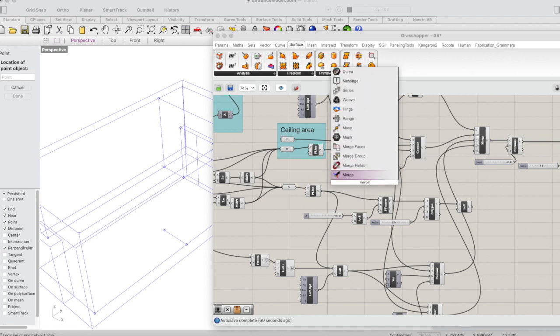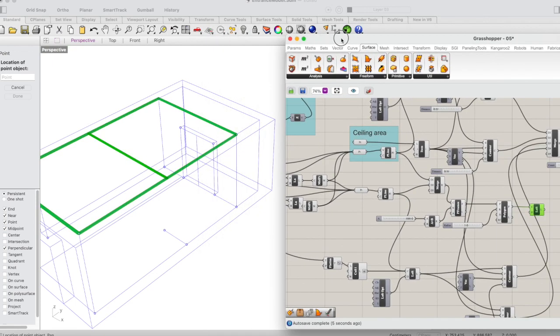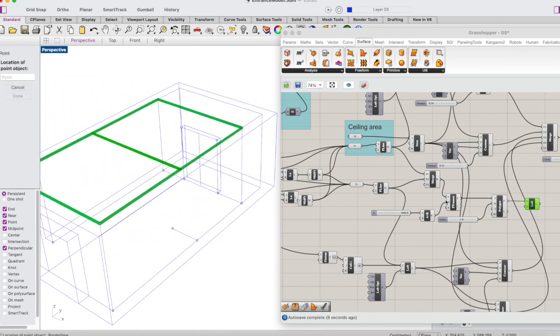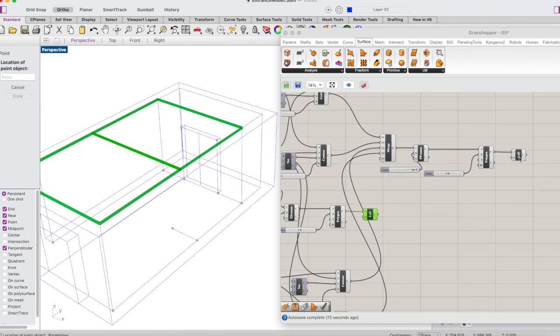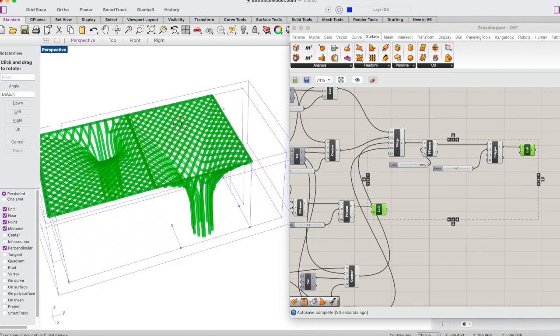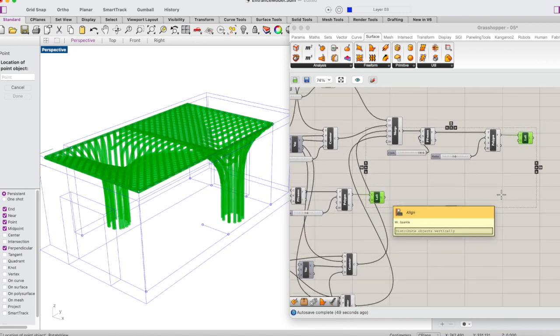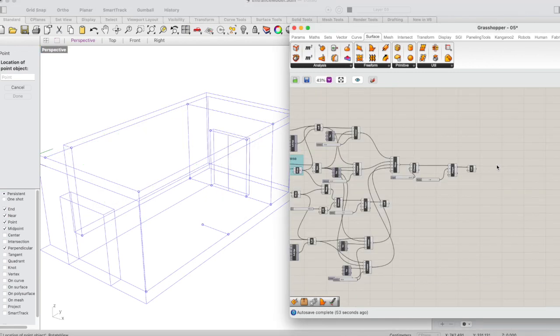If you merge these two, we will delete the identical line that is shared by these two frames, and then if we use this one to the frames and then loft the structure, so then we will have a frame around